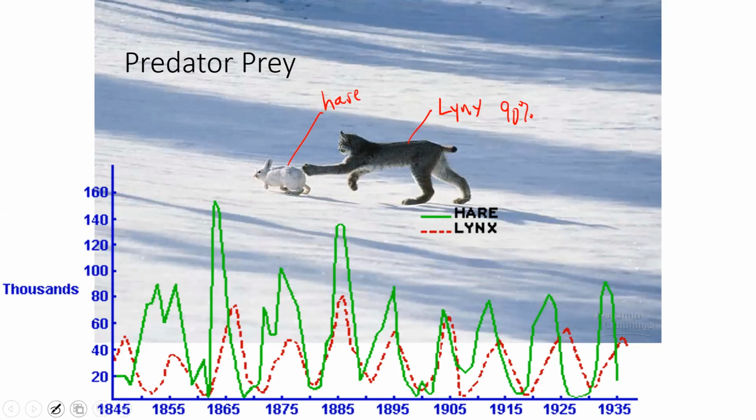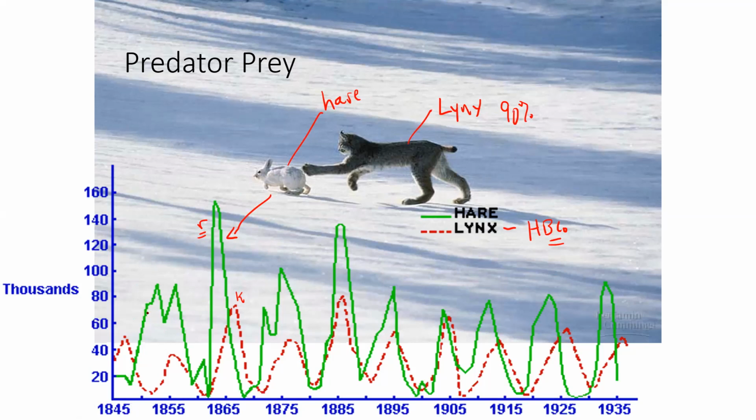Now look at this graph here. From 1845, who was counting lynx back in 1845? It was the Hudson's Bay Company. And what they did is they just extrapolated the green line, the hares. Notice that the hare relative to the lynx is r-selected, so its biotic potential is going to be higher than the lynx, which would be more K-selected.